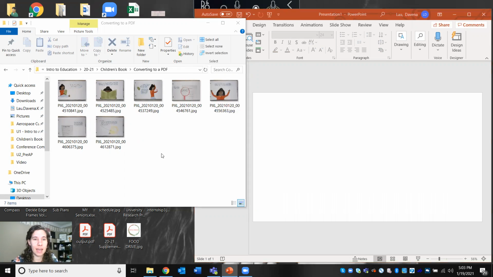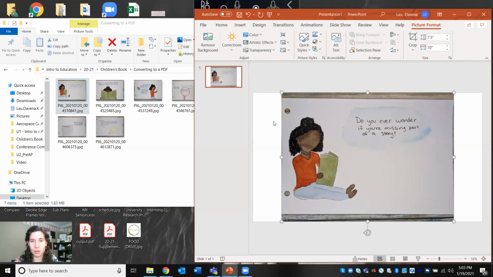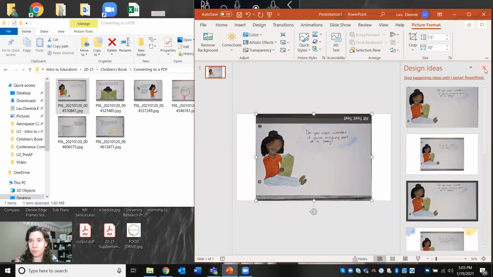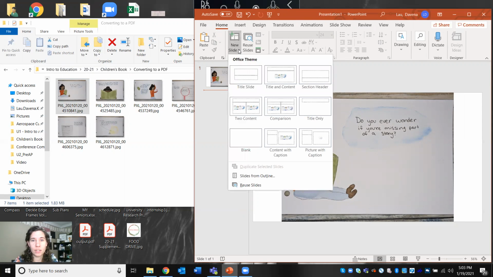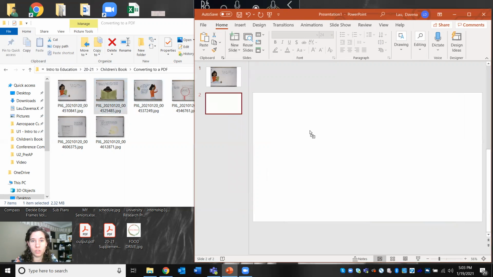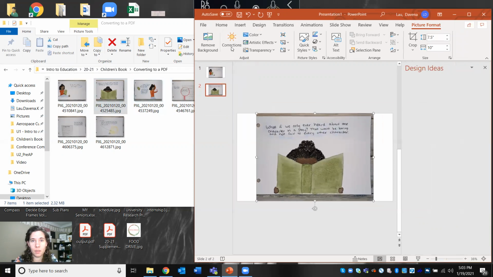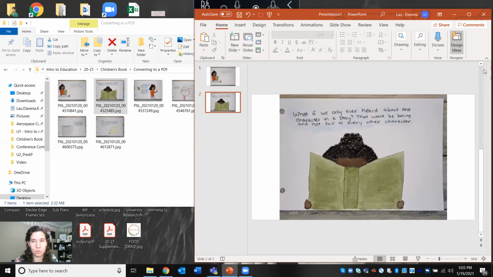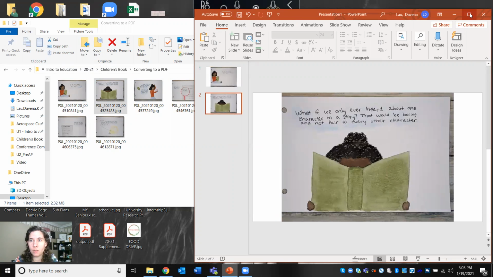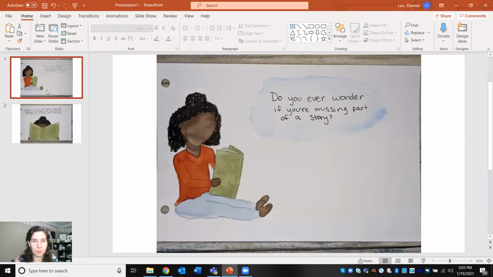What you're going to do is have your file folder open with your images and take just the first one, and drag and drop it into the PowerPoint. Design concepts will come up, but ignore that. Then if you want, you could just add in all of your images, but I'm going to wait to finish putting them in. Now that we have a couple of images in here,